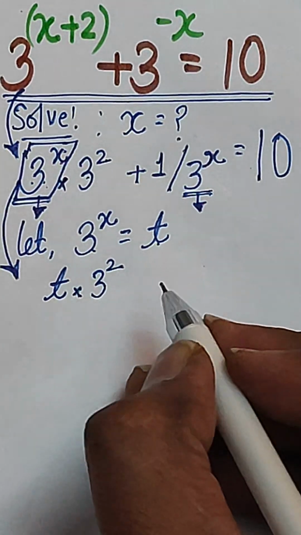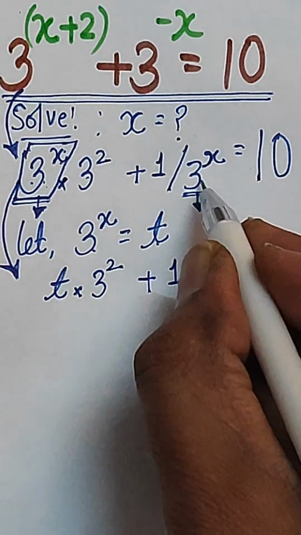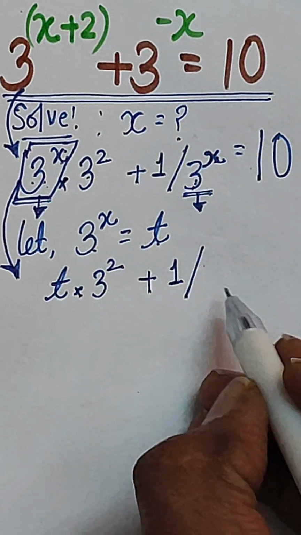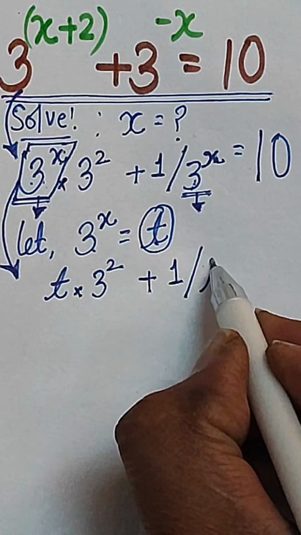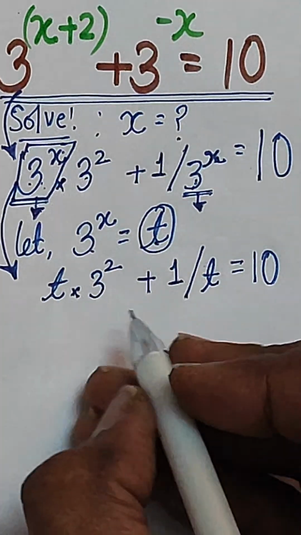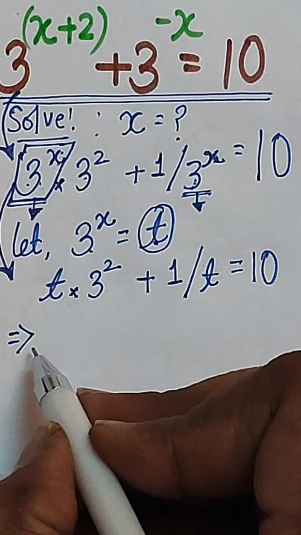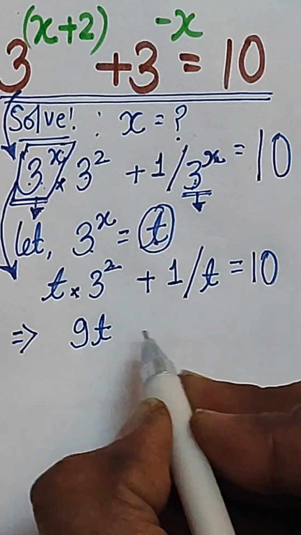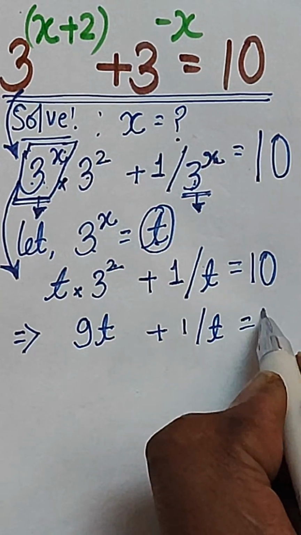right? t into 3 square plus 1 by, in place of this 3 power x which is in the denominator of the second term, write this t again. You have assumed it, and that is equal to 10. Now this will give you in the next step: 3 square is 9, so it can be written as 9t plus 1 by t is equal to 10,